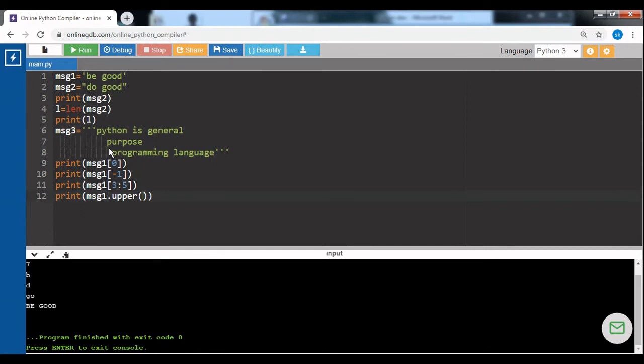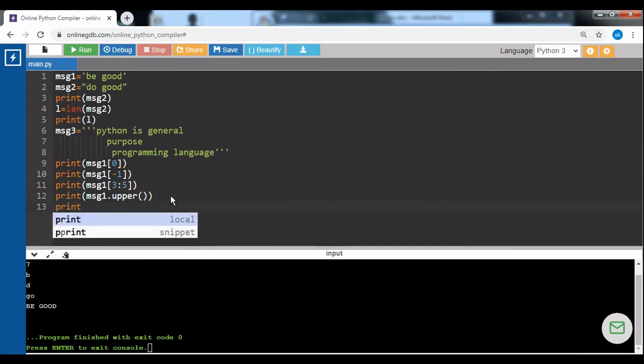Then we can also retrieve a range of values by specifying the starting index value and the ending index value, and we can also change the string literal to upper or lower case. Here I have given the example: I have given it in lower case and tried to convert it into upper case. We can also directly use the swapcase function.